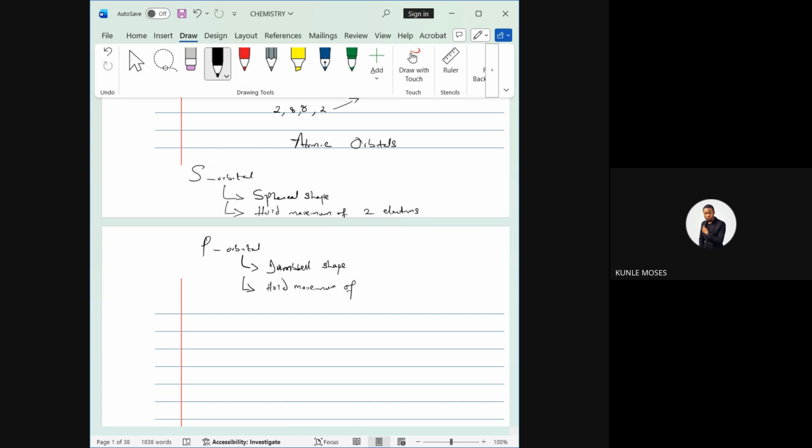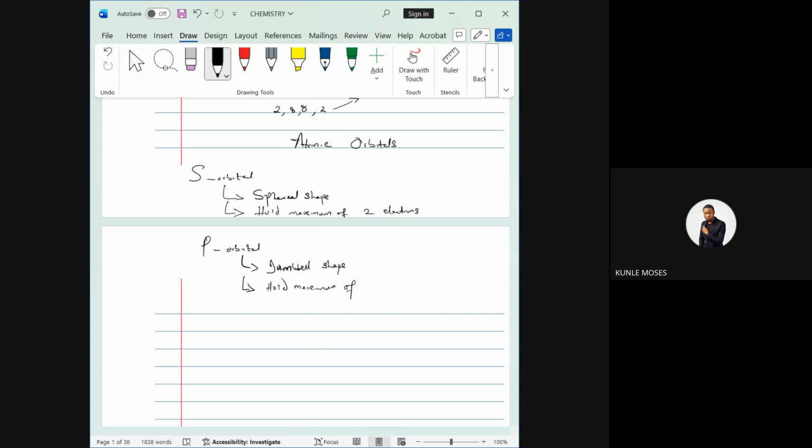So we want to check the s orbital and the p orbital for your JAMB syllabus. That's what they asked you to know. So this is not why. So you guys are safe. So for the s orbital, we said there are two things they can ask you. They can ask for the shape or the maximum number of electrons each orbital can contain. So the first one I said spherical shape. S as in s orbital, spherical starts with S. Spherical shape. And it can hold a maximum of 2 electrons.